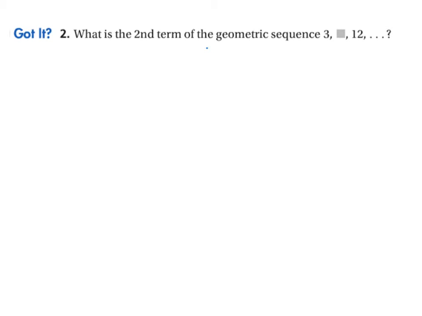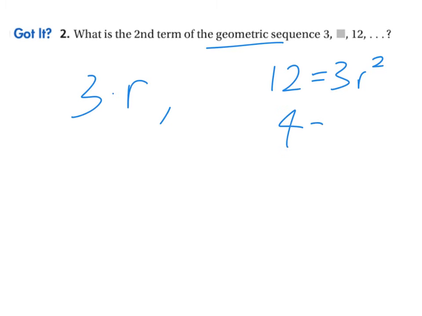They do tell us that it is a geometric sequence, so we know that that missing term would be 3 times that common ratio, and the 12 would equal 3 times r squared. So we could divide by 3 and figure out that 4 is the r squared. And then we could square root both sides. Now this gets a little tricky because when I square root both sides, maybe let me do this properly actually. So when I square root both sides,